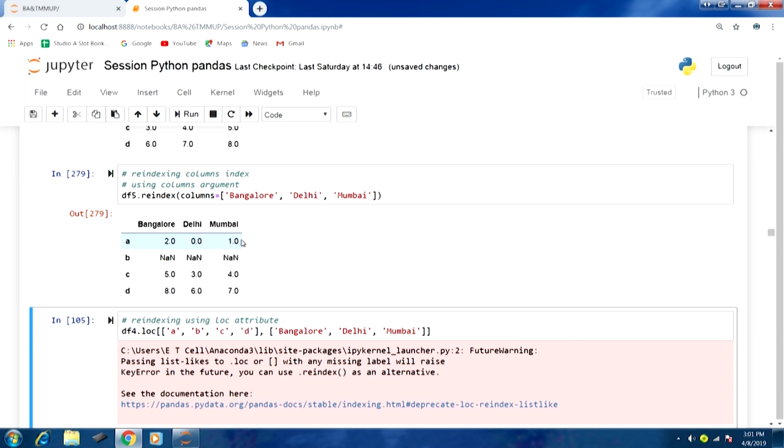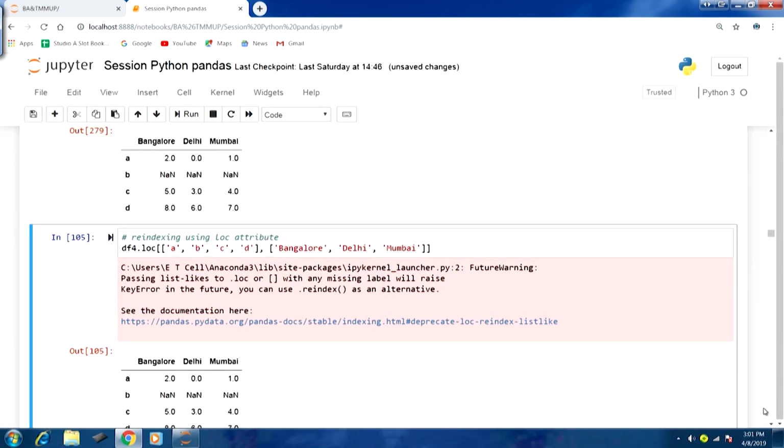Now let's talk about another way of reindexing. This is using the LOC attribute. We can use df4.loc, and in this we can specify these two indices in this fashion. You can see it's the row index first, followed by the column index. So the row index we have specified is ABCD, and the column index is Bangalore, Delhi, Mumbai. Whatever we did using the reindex method, we can do the same thing using the LOC attribute, but with slightly different syntax. So if I run this,